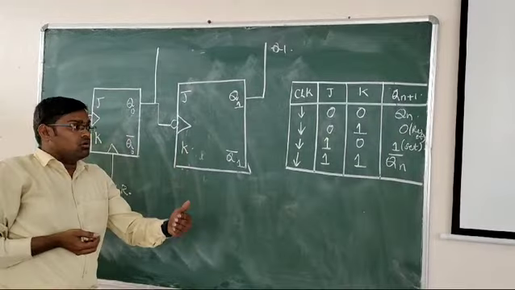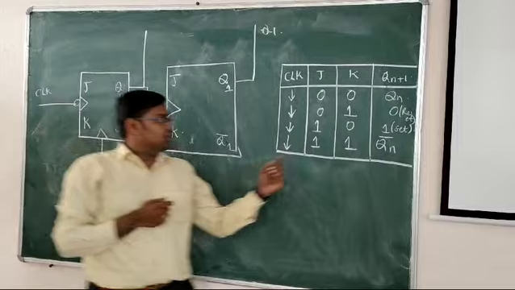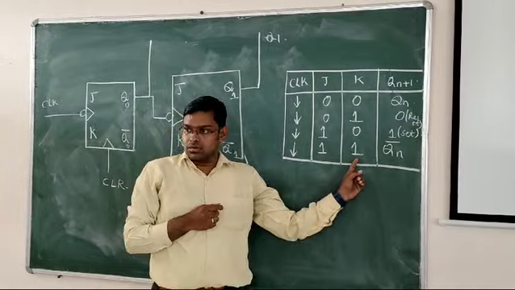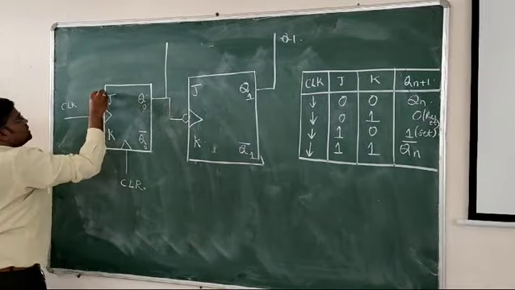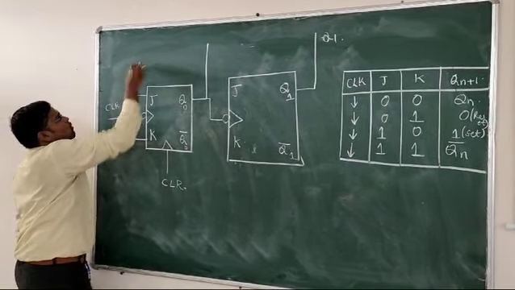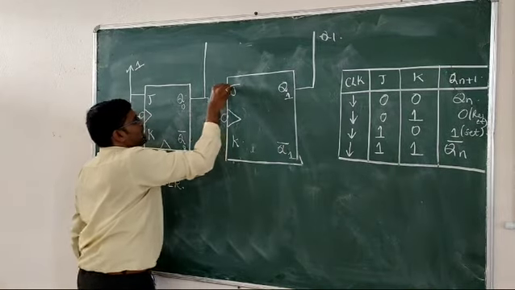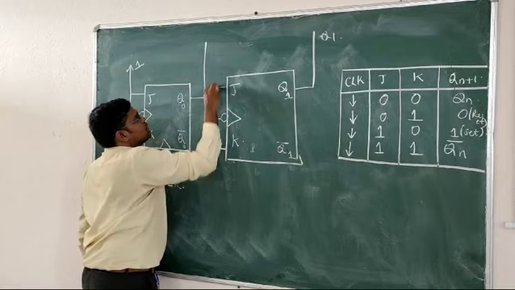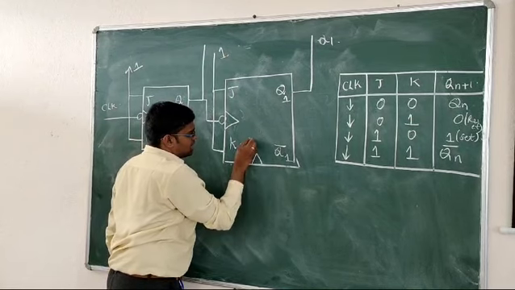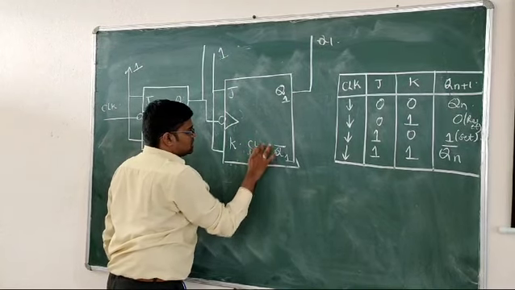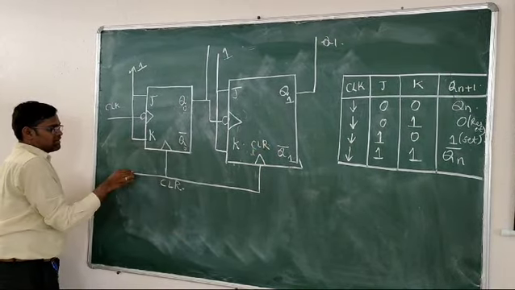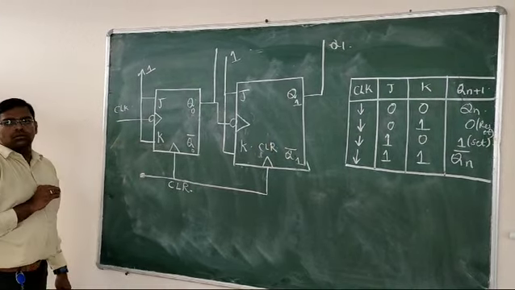But as we know, we need to do the counter operation. So that's why we need to have the output toggled. That means J and K must be 1. So I am going to connect that. Similarly, I am going to short both these and give the input as 1. Again, similarly here also, I am going to short both of these and give the input as 1. And similarly every flip flop will have a clear signal. This is clear, sorry. So I am going to join these two and the clear signal will be given here. And this is the clock.